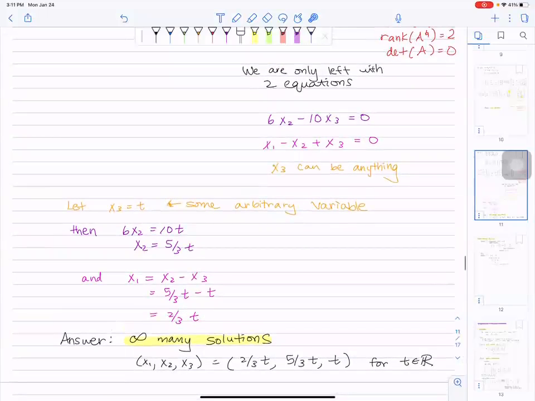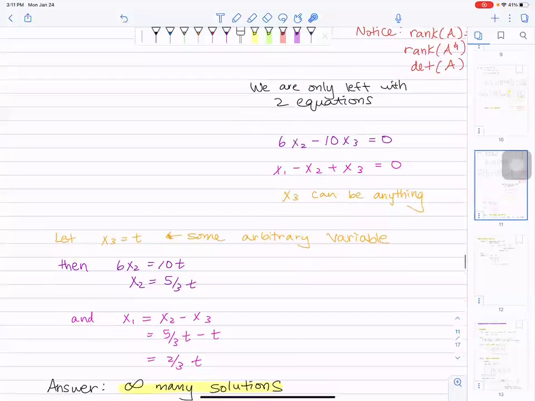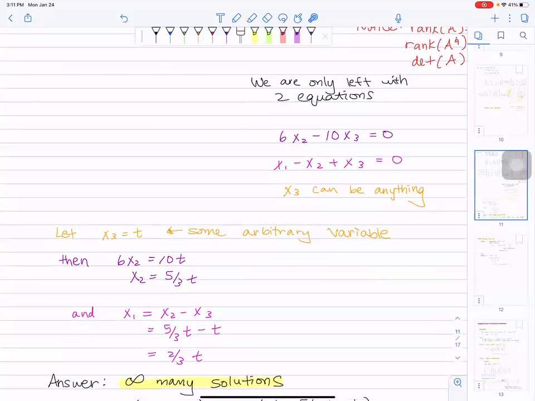How do you actually determine what this is? Well, right now, x3, we said it could be anything. So we can arbitrarily let x3 equal t, like some variable. So now we want everything in terms of t. The second, the purple equation,